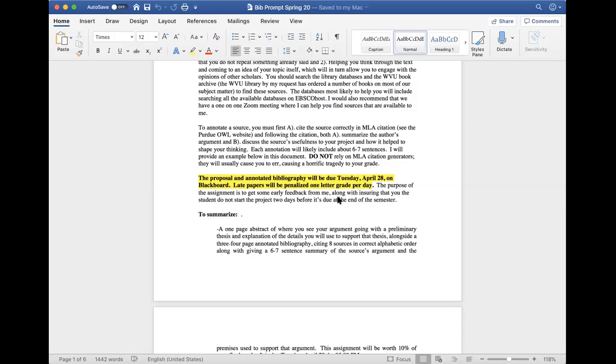That way you're not stressing yourself out in the last week or two. And then the actual final paper will be due in short order after your bibliography too. So if you get the bibliography out of the way early, you can maybe even start doing your paper early. So I would recommend starting as soon as you can.